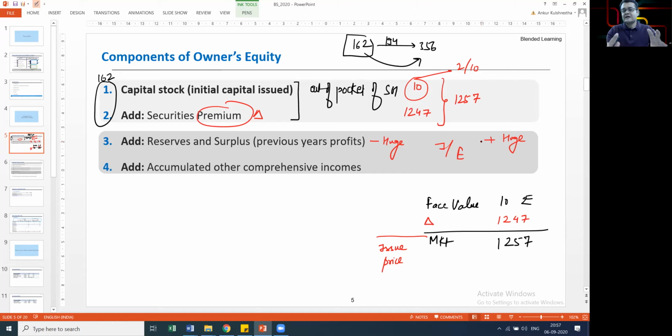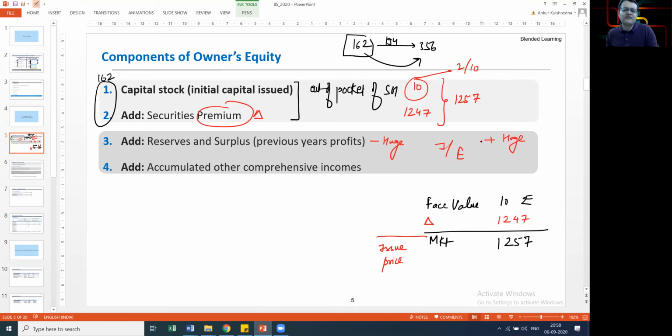Shareholders which are preferred, which are preference shareholders, have no right over these reserves and surplus. These reserves can be used to pay dividends in future. They can be used for a particular purpose which shareholders want it to be. It's like shareholders' money which they have earned through the business, which is lying with the business. The possession is with the business, but the ownership is of the shareholder. That's what reserves and surplus is. Profits earned, not distributed.